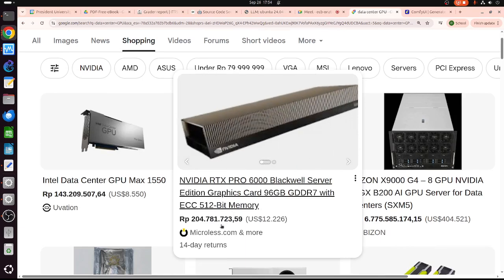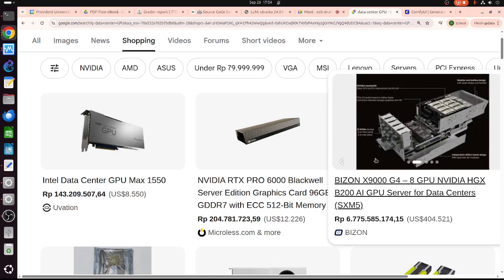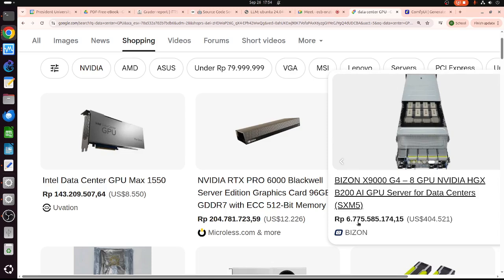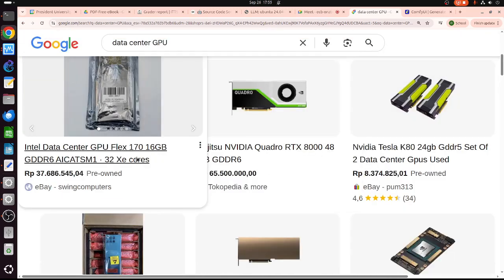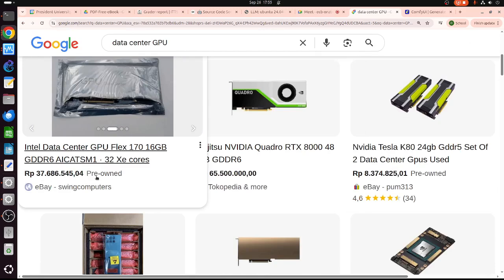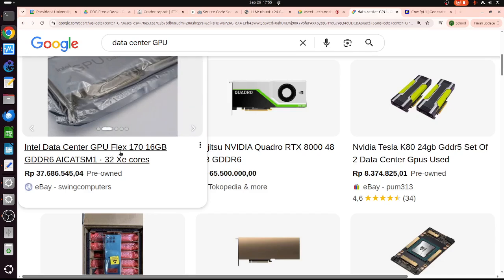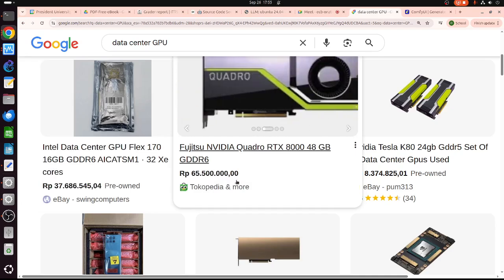Nvidia is what, 200 million. So this is the expensive one. This is a GPU server. It costs like 6 billion rupiah. So that's very, very expensive. But some people buy these things as well. This is a data center GPU with Flex 16 gigabyte. So if we are serious, we will look at these things.